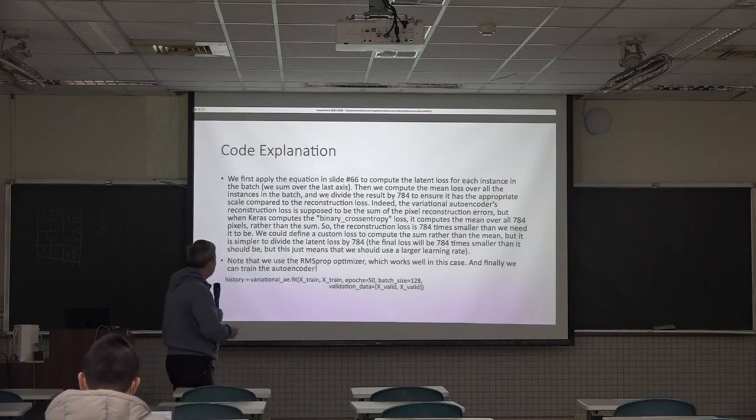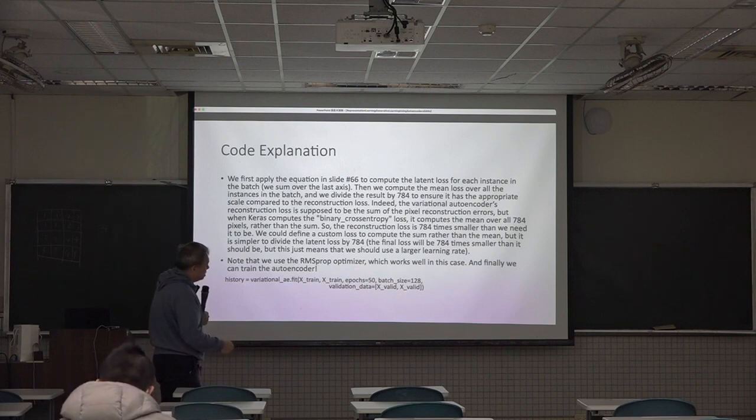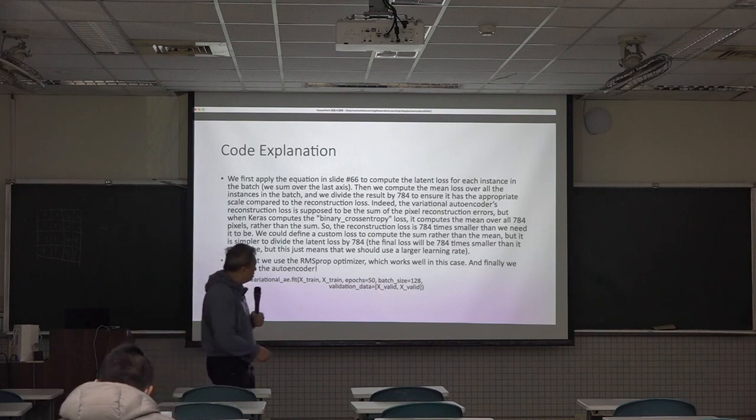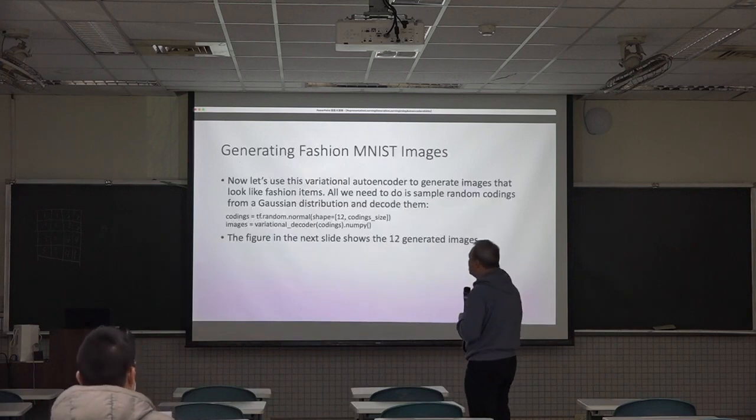I don't think I need to explain this; I already explained. So then you can train this variational autoencoder, again using the training set as the label, and you train it for 50 epochs, batch size 128. Again, using the same validation set as the label for the validation. And then once you are done,